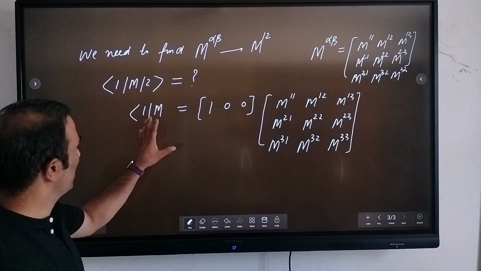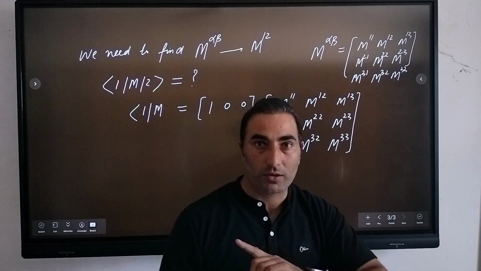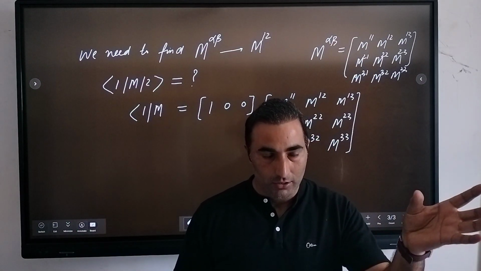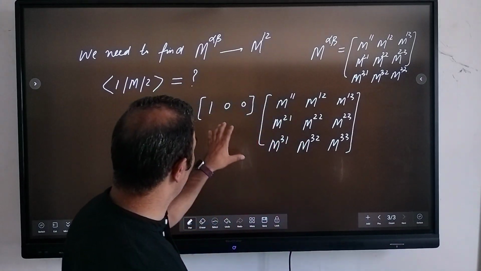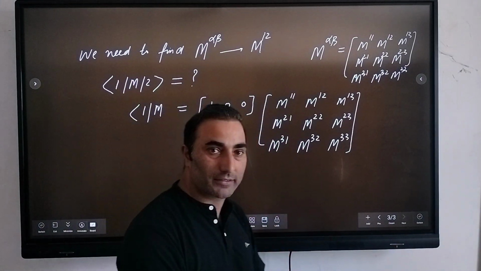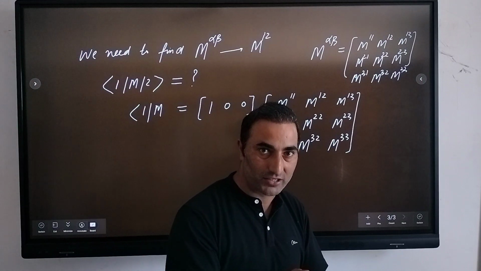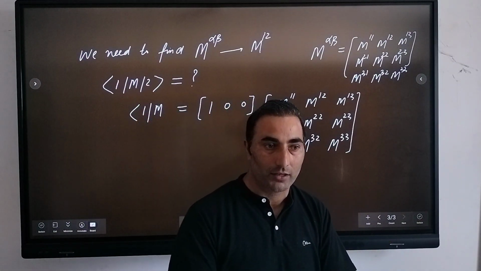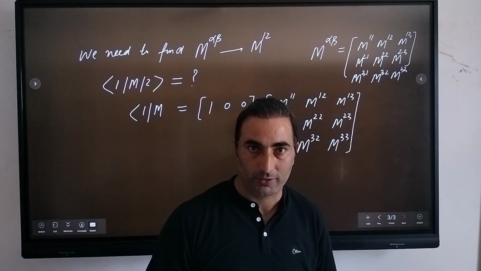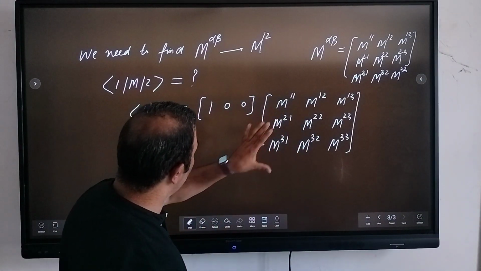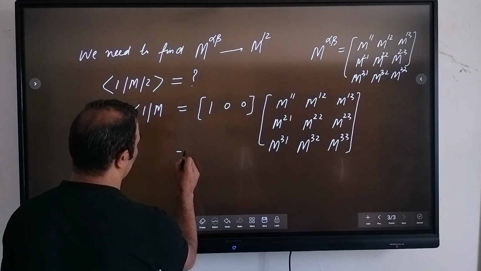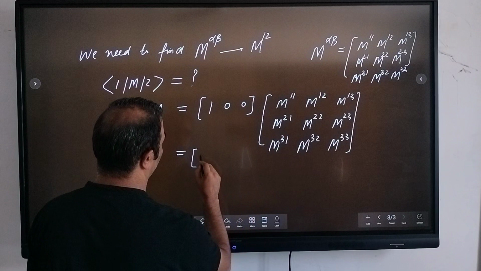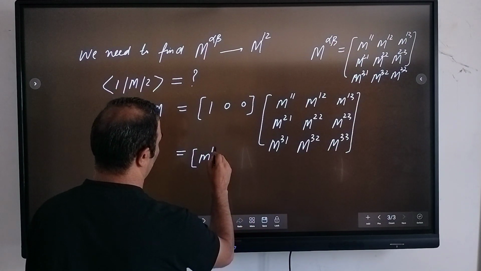Okay. So this is simply that when you take that bra of one, because one corresponds to our first component, it can be some 100 component, right? So this is what I wrote here, 10, because when you take bra, it is the complex conjugate dual to that ket state, right? Because you are taking the complex conjugate of this ket, that gives you the bra state. Okay. So when you take the multiplication, this gives us one,